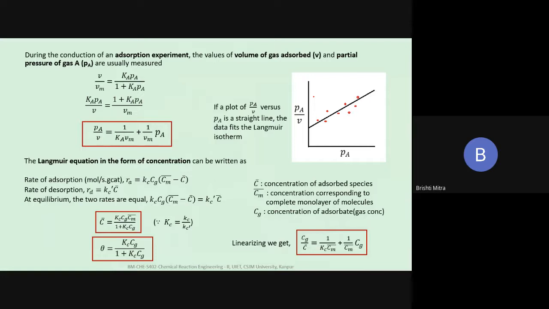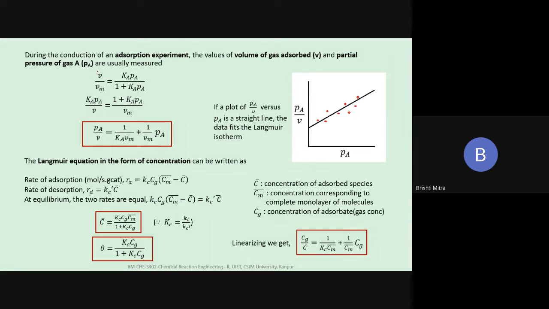Now, I told you that the Langmuir isotherm is essentially an adsorption process, and we have to carry out an experiment. So when we carry out an experiment in the laboratory, what do I know? I can take a solid surface, and I know the amount of solid I am taking. Now I pass some gas on top of it. When I pass the gas, I know the concentration of the gas I'm passing, and I also know how much gas I'm passing. So I know that value, the volume of gas I'm passing, and how much of the gas is coming out at the outlet. The difference between the two will be the amount of gas adsorbed.